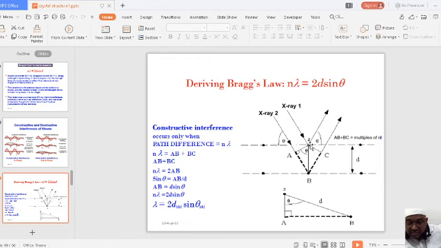So now what is this distance traveled by the first ray with respect to the second ray? This distance is nothing but the interplanar spacing. From here to here, that distance is considered to be the interplanar spacing. That interplanar spacing is represented with the small d. So this is about the constructive interference. Constructive interference only occurs when the path difference is equal to n lambda. This is the main condition. See, this is the condition we have studied in constructive interference.